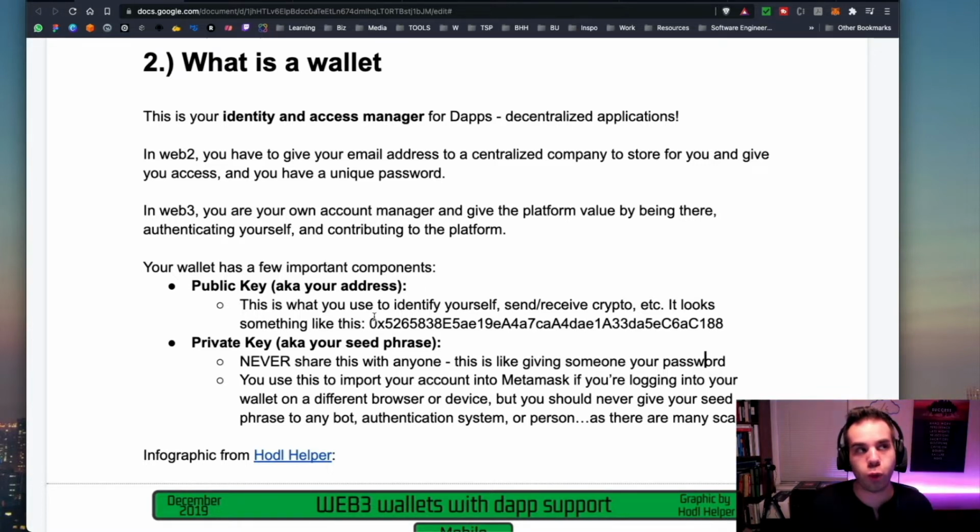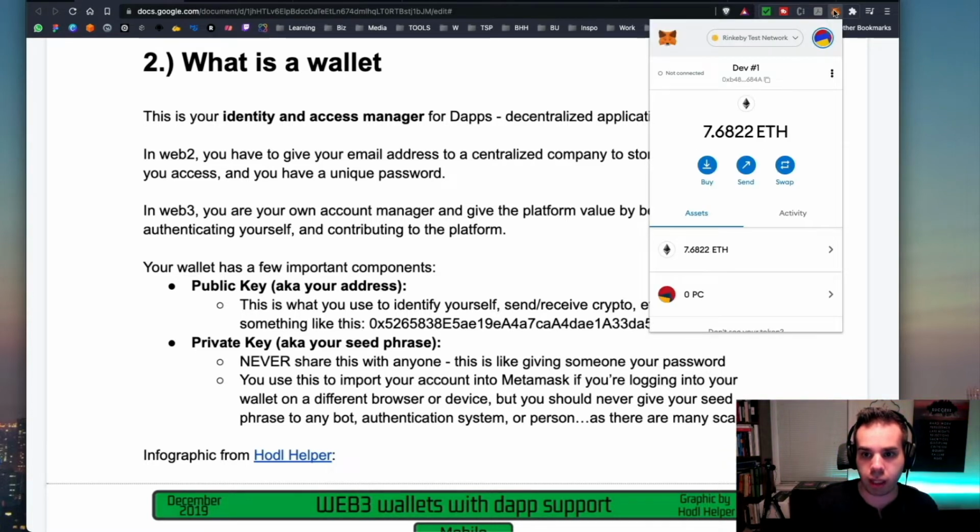Of course, if you were expecting someone to send you a transaction, you would be giving them your address. And I'll show you exactly what this means, but you would never, ever, ever, and I really can't emphasize this enough, want to give that private key to anyone under any circumstances, because if they have access to that secret phrase or that private key, that's again how they're going to get access to your wallet.